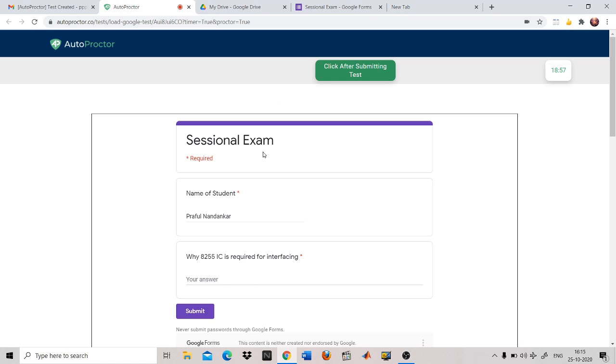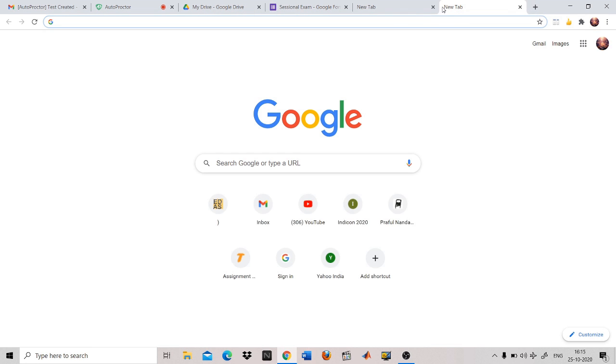Now this exam is also taking random photos of me. Here I write, yes, it is important. Now again I'll try to click on a new tab. So I'm clicking on the new tab again.